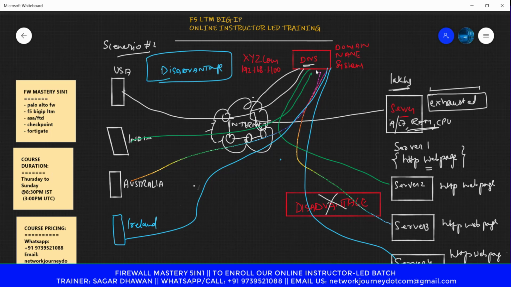The disadvantage is DNS doesn't have any algorithm to see what the utilization is across these servers, or any algorithm for finding out if a server is down or powered off.